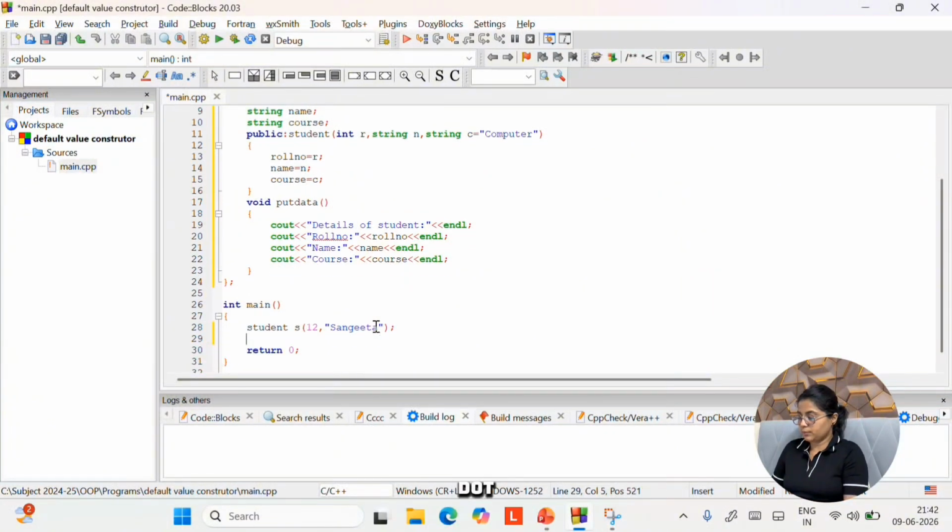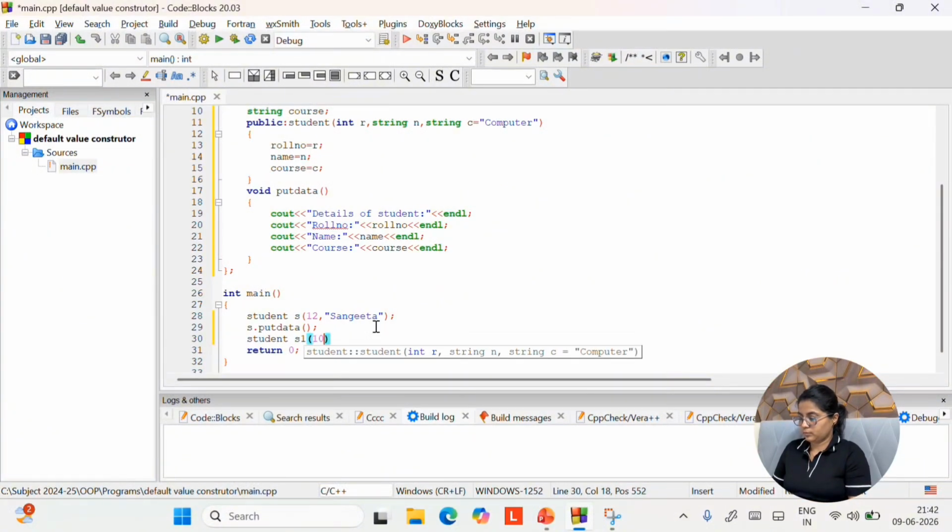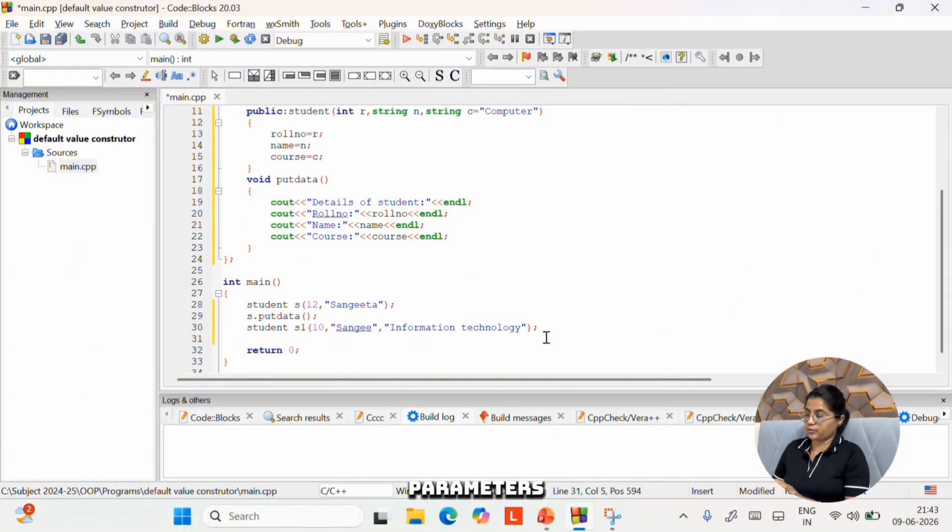Now s dot put data semicolon. If I am creating one more object, s1, I have passed all three parameter values, and then I will call s1 dot put data.